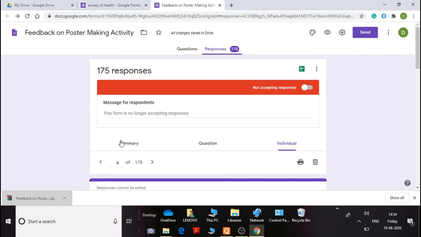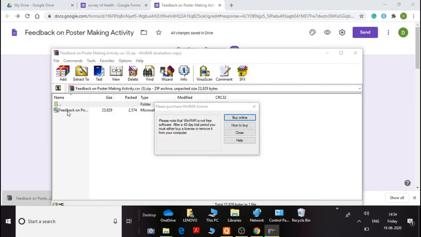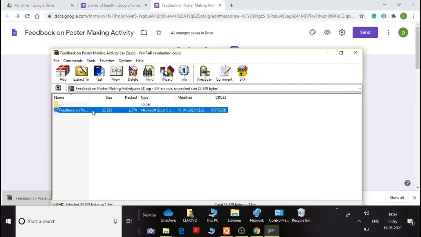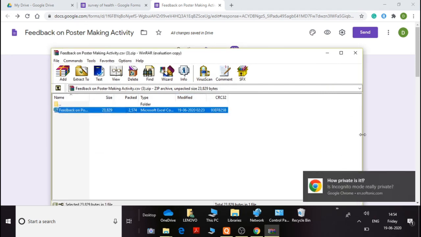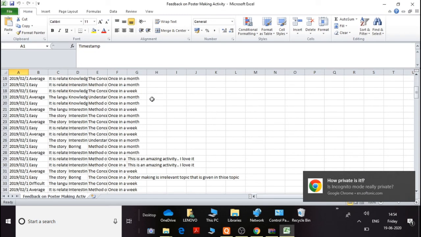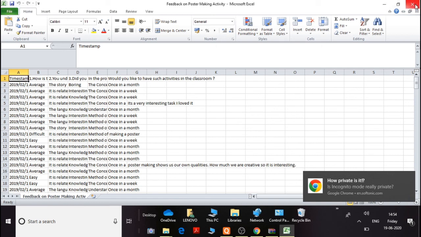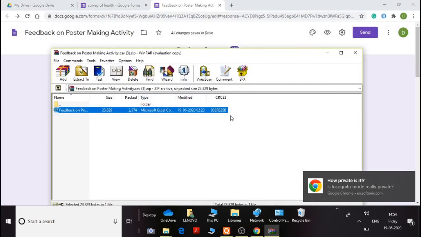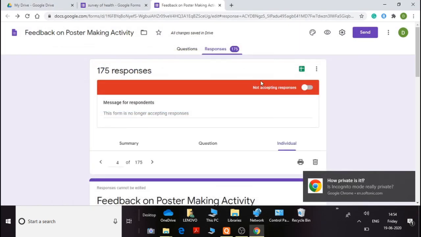You can open the zip file, and you will get an Excel sheet once you open it. It is in the process. As you can see, you can open this Excel sheet. And the whole data, you will find it in this form of an Excel file. You can save it whenever you are in need.